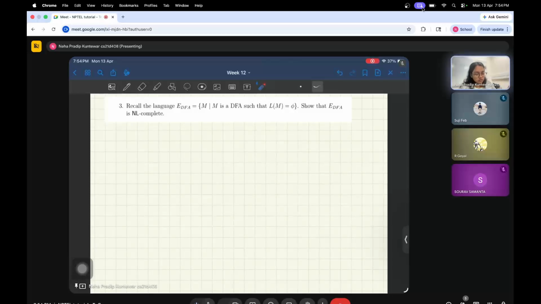Okay, so you might recall this language of emptiness checking for DFA. You are given a DFA, and you want to check whether the language accepted by M is empty. So you want to show that EDFA is NL complete. Now, as earlier, it's the same as the definition for NP completeness. If you want to show that L is NL complete,